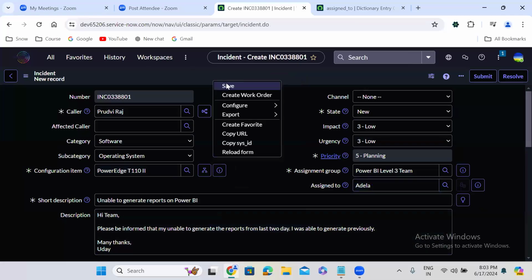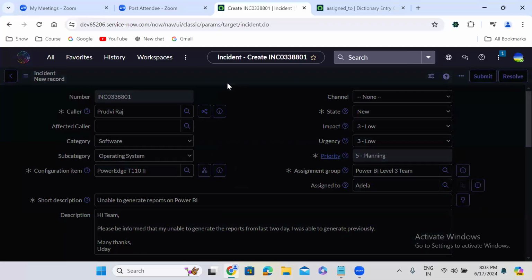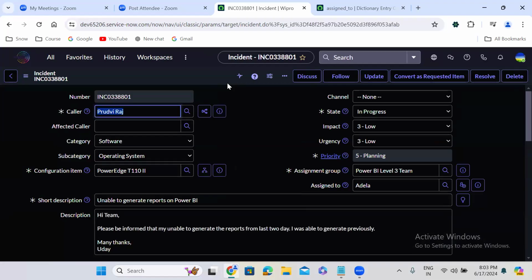And Prithviraj will tell, boss, I have almost created 3 incidents. This is my fourth incident. The solution that you guys are providing is only temporarily working.